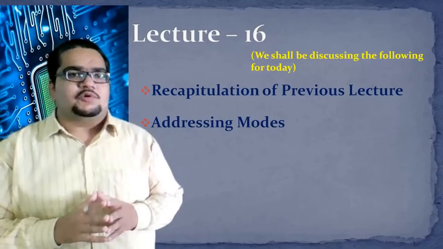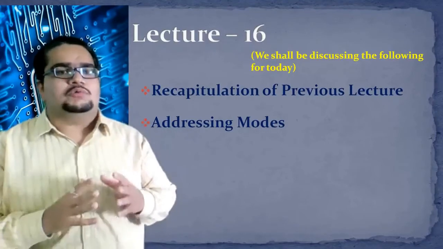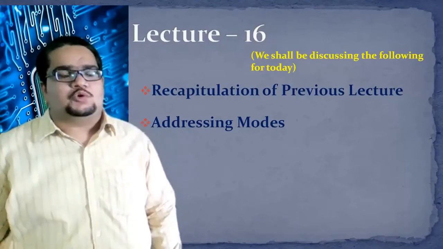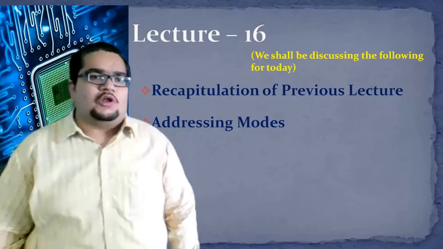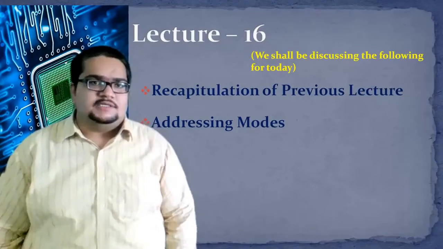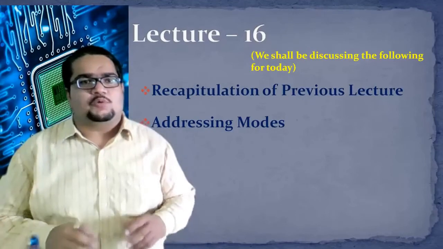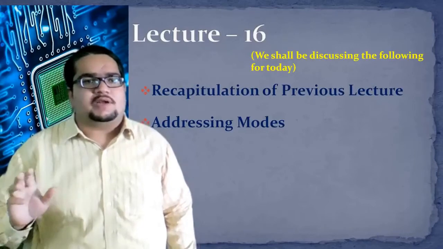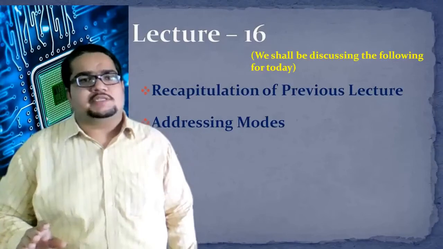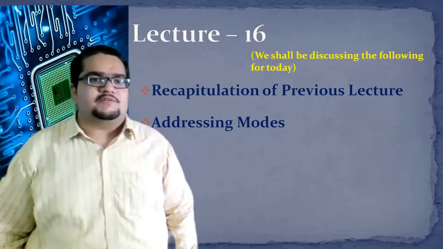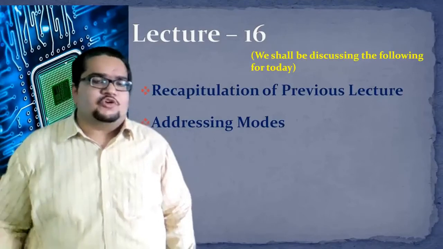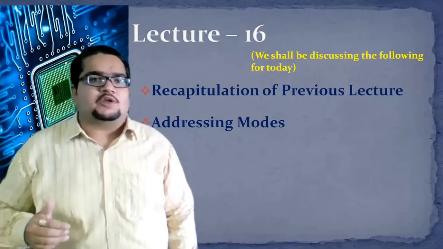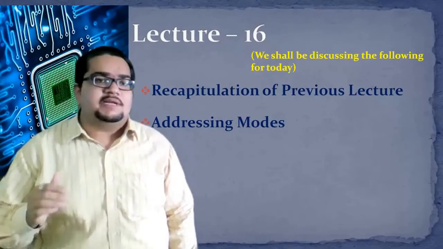So basically the addressing mode tells us how the data is called into the program. You might have studied in your C language, there are two ways of calling data into the program, that is call by value and call by reference. In C language it is very simple, only two types of calling, just call by value or call by some reference. But here in the assembly language of 8086 we have all sorts of different options available for call by reference. Your call by value is similar to the immediate addressing mode, but for call by reference we have a whole set of different ways in which the reference can be defined.